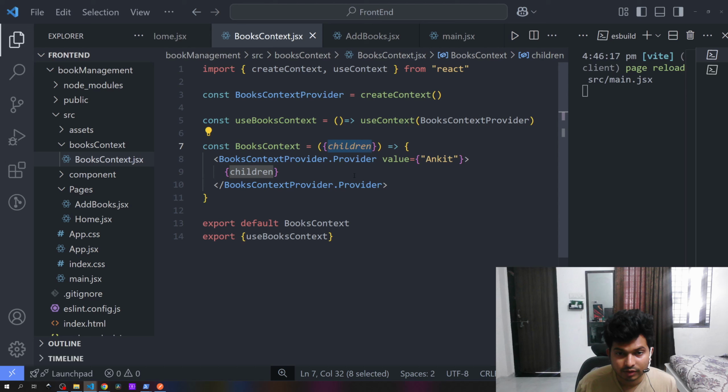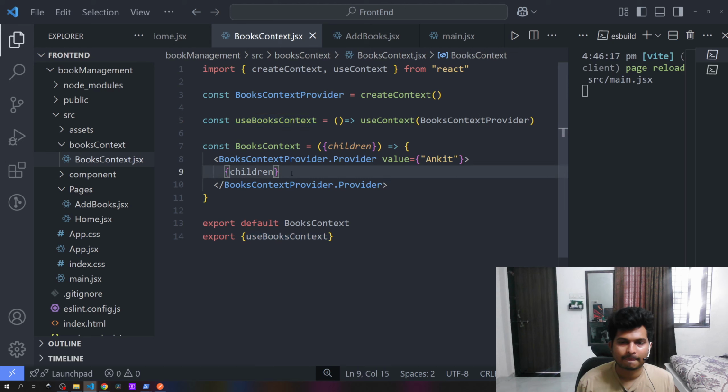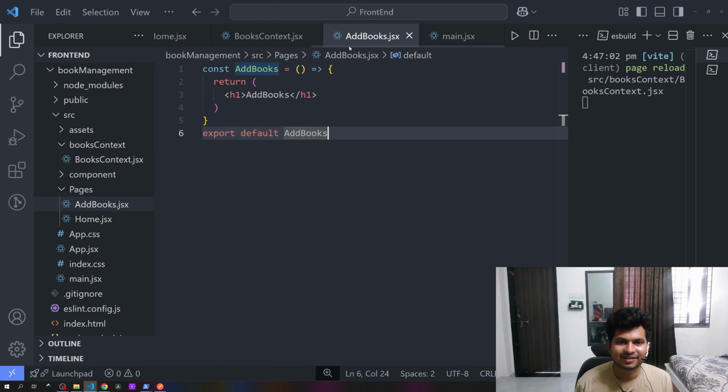Sometimes this children spelling is also wrong. Children spelling is correct. This context, create context that we provide here, use context. I think there is a problem with this children. Let me do only children. I don't think it will work, but